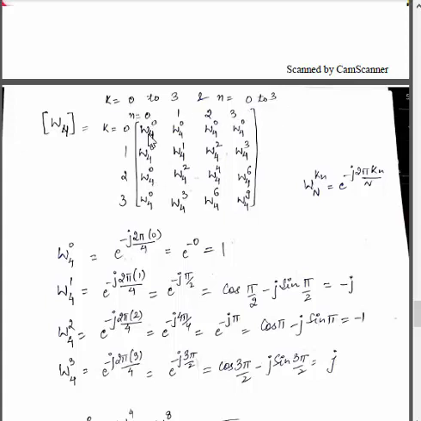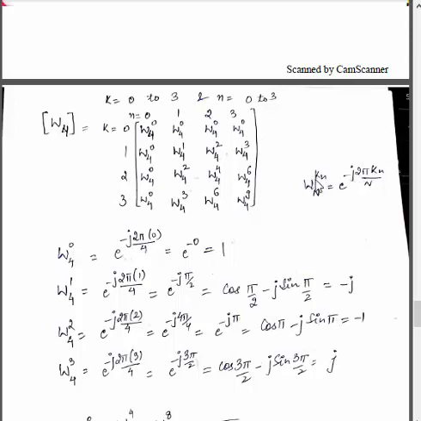So multiply rows and columns. Twiddle factor raised to power 0, twiddle factor raised to power 0. 1 into 1 is twiddle factor 1, 1 into 2 is twiddle factor 2, 1 into 3 is twiddle factor 3. Then 2 into 1 is twiddle factor 2, 2 into 2 is twiddle factor 4, 2 into 3 is 6. 3 into 0 is 0, 3 into 1 is 3, 3 into 2 is 6, 3 into 3 is 9. So first is twiddle factor 0.